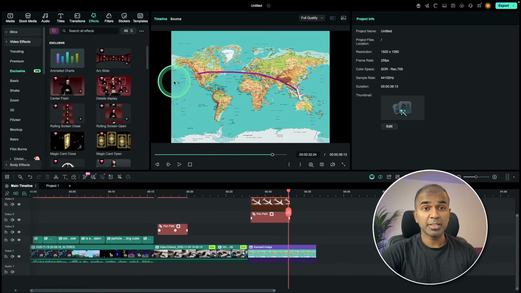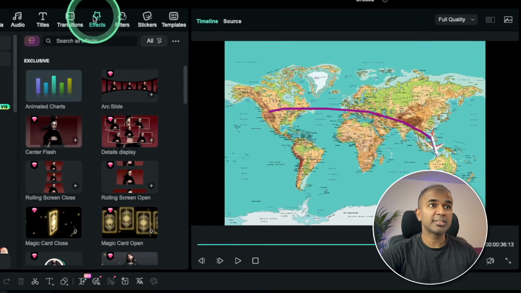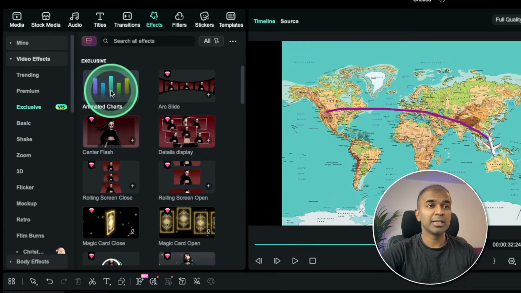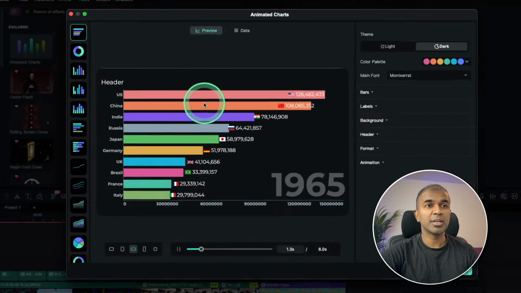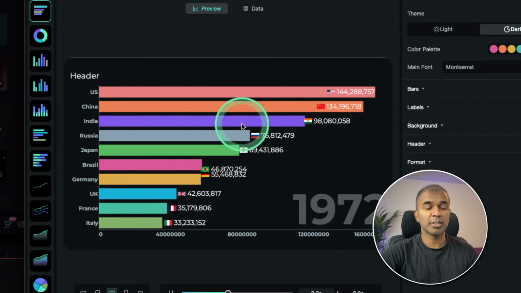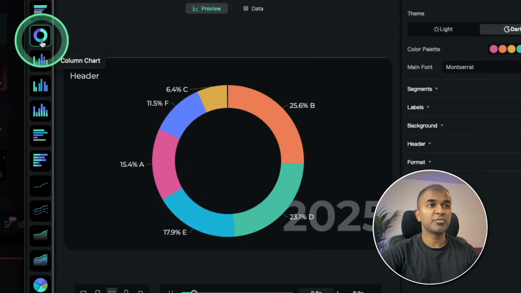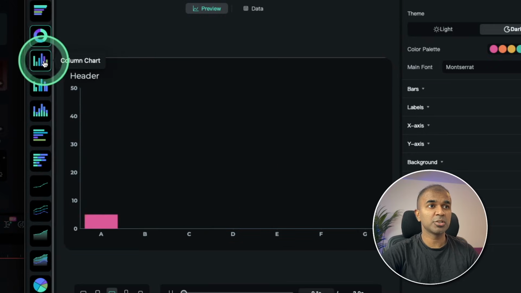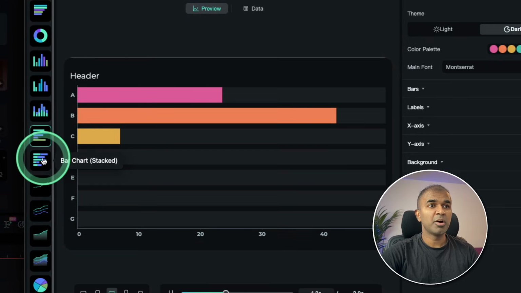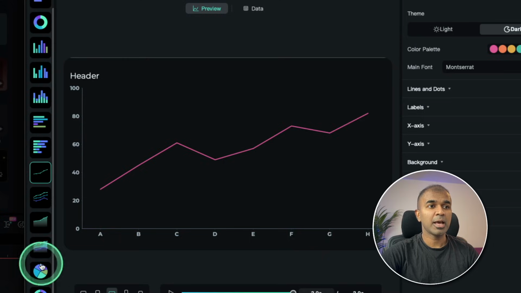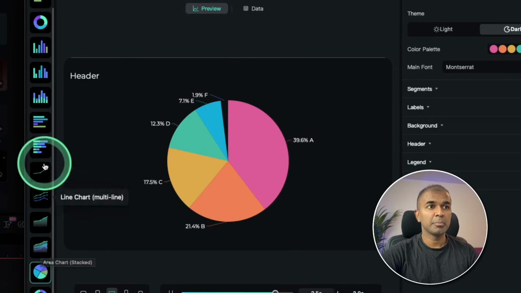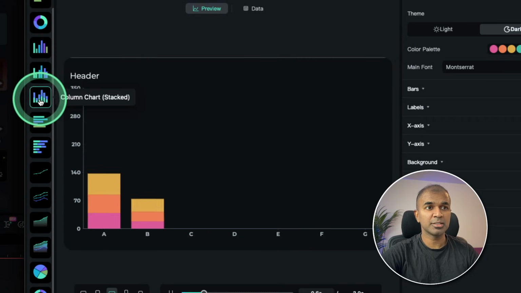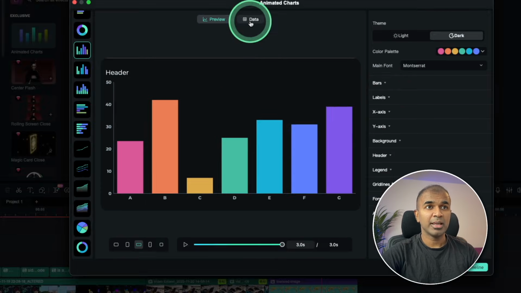If you want to do animated charts, go to FX and then exclusive, click animated charts. And here you can see the animation happening right here. Also we got various different options such as donut chart, column chart, bar chart, line chart, and much more to choose from. But if you prefer one type of chart, and if you want to add data, it's as simple